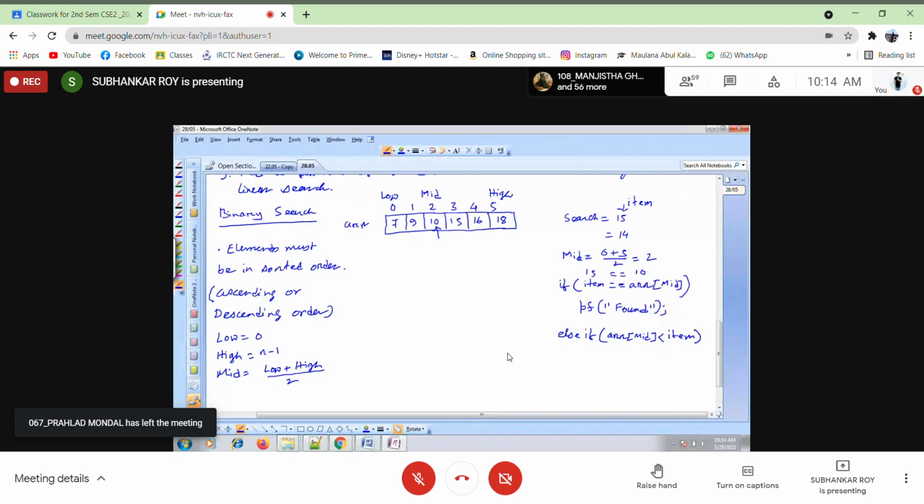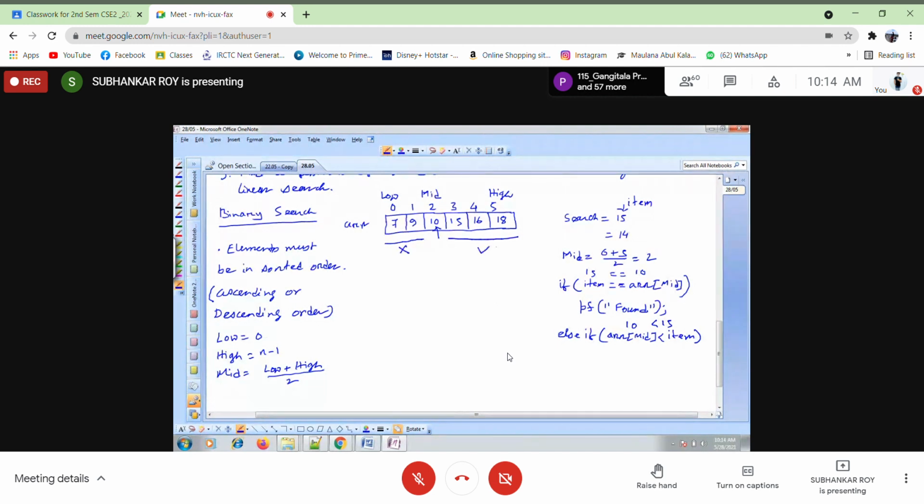In case it is true, we will say the element is found. In case ARR mid, that is 10, is less than item, that is 15, the condition is true, then we have to go to the right part, so the search will now be focused on the right part. It will discard this part and search in this part.